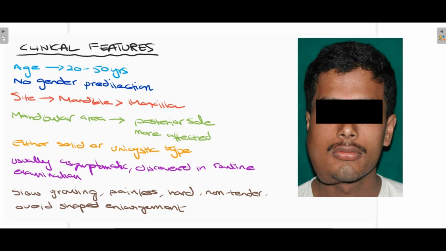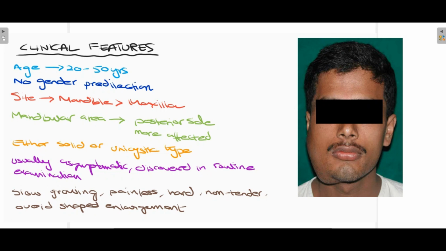When the patient presents to us in our OPD, mostly the patient has no pain at all, or sometimes it is associated with pain when there is nerve impingement. Ameloblastoma is mostly discovered in routine examination. The patient does not know whether they have ameloblastoma or not, or even whether there is some swelling present. The patient most commonly presents to us when there is severe or large swelling that is clinically very visible.